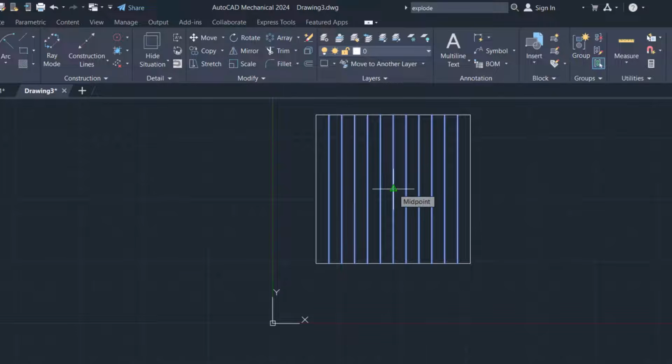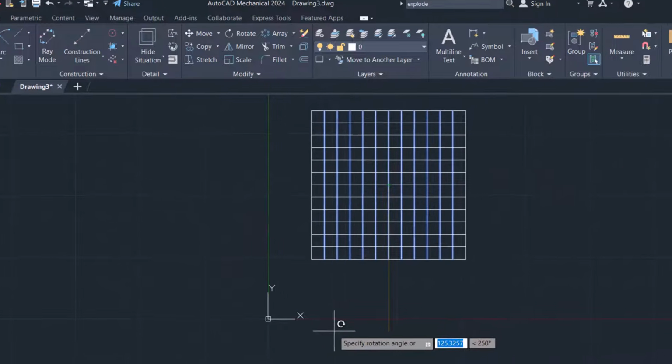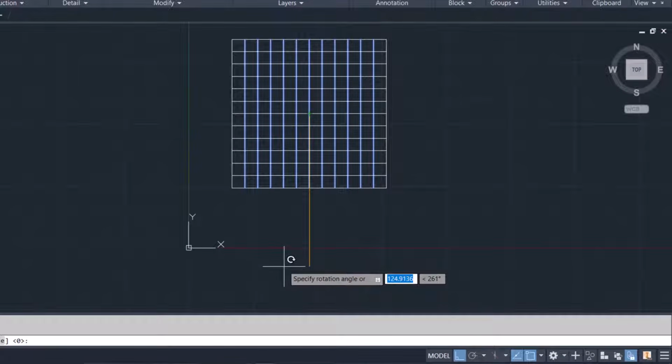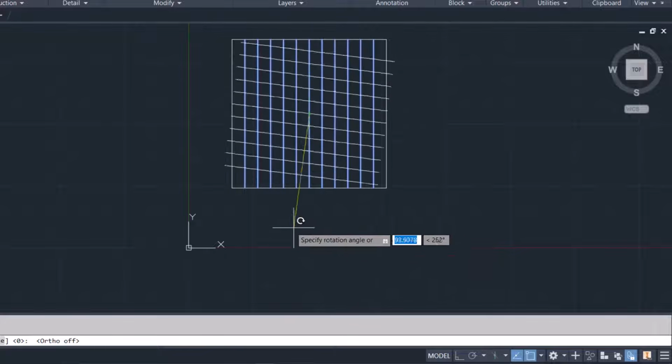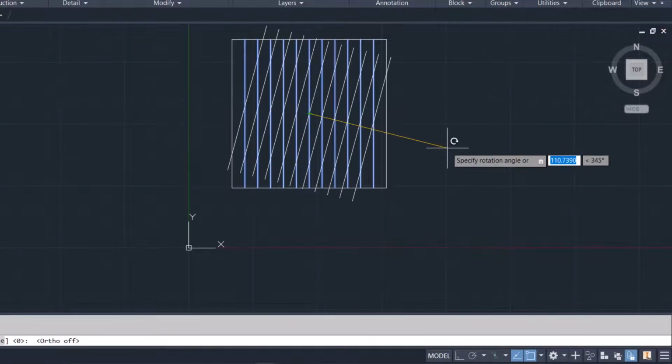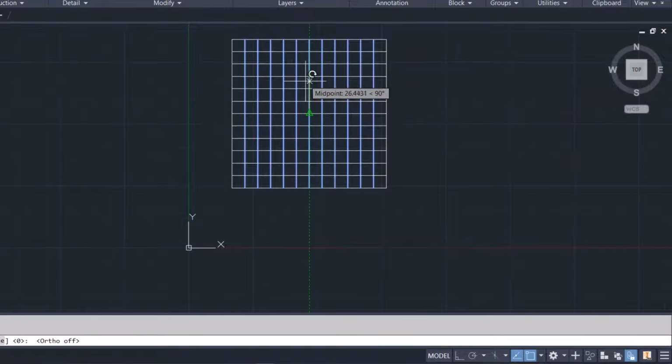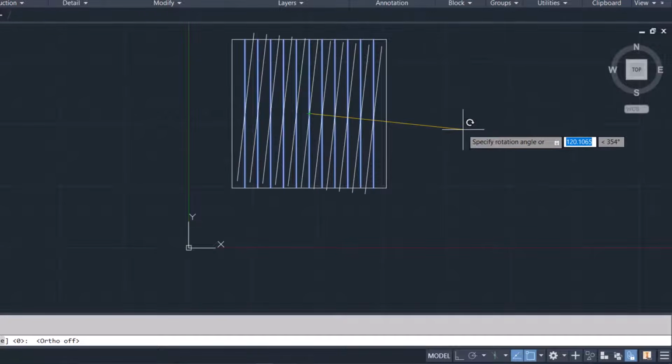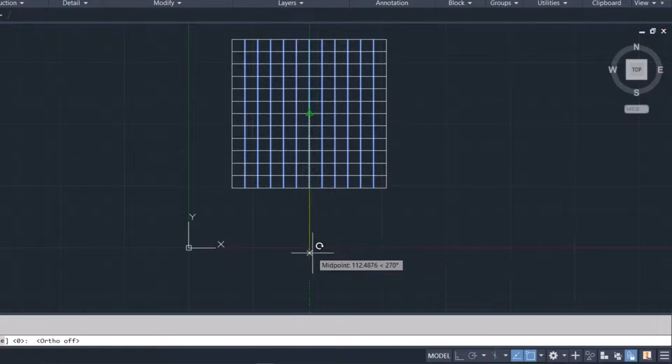So I'll click this midpoint, and then it will ask me for the angle of rotation, right? And the angle of rotation here has to be 270, right? So all of this is moving around. Now this is how I want to position it, right? So that is 270